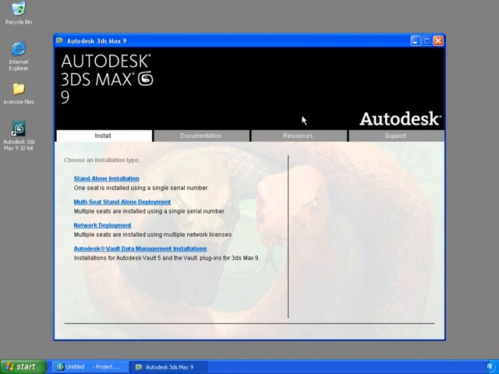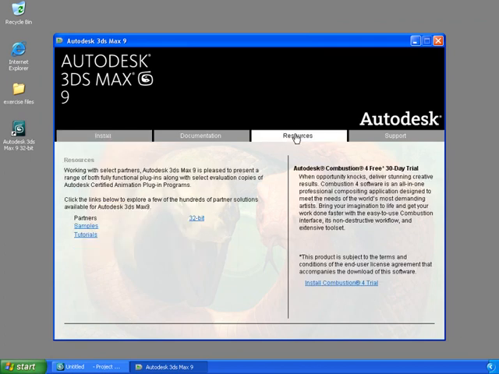In this section, we're going to cover using motion capture files. And I realize that this seems like a weird place to start. This is actually the installer for 3ds Max 9. The reason why I'm starting here is because motion capture files used to be included with the Max install. If you want to include them now, you'll need to go over to the Resources tab of the installer, select Samples,